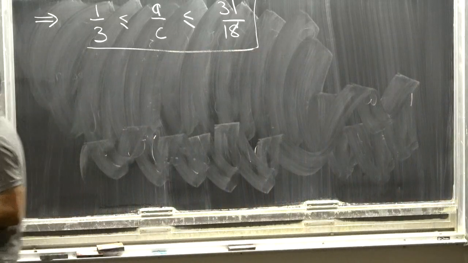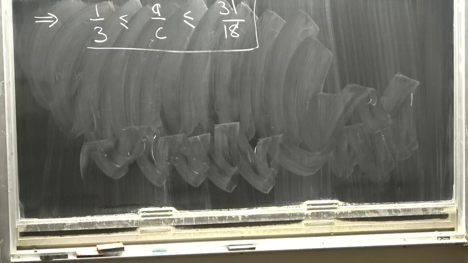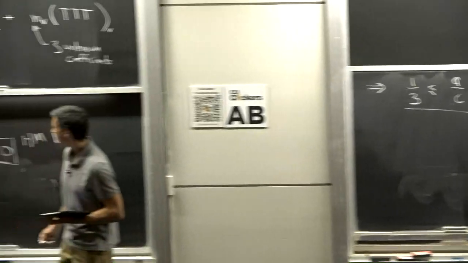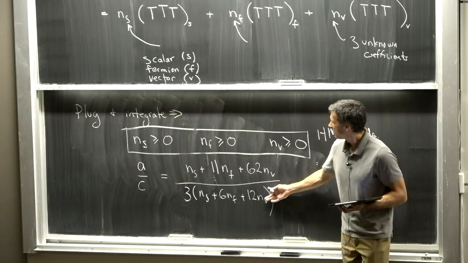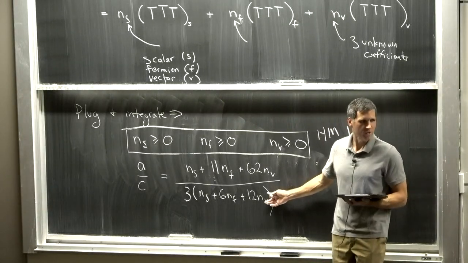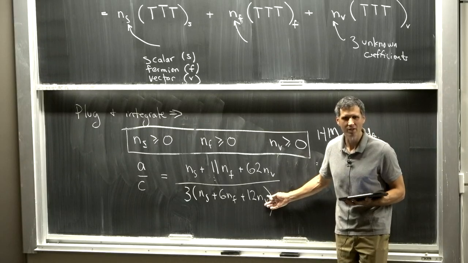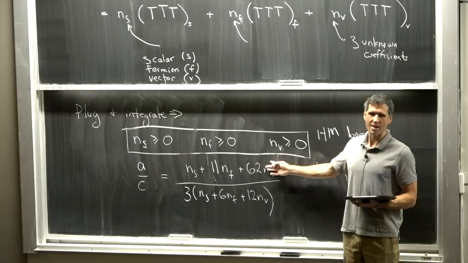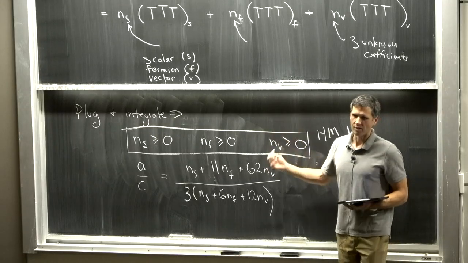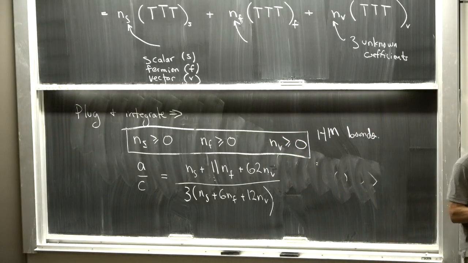Another thing it tells you is that A is positive. So the positivity of C in the bottom here, you could derive by a much easier method because this shows up in the stress tensor 2-point function, so you can use reflection positivity. But positivity of A is actually pretty non-trivial, and this is how you prove it. Okay. So this bound we got just by applying the ANEC to this conformal correlator.